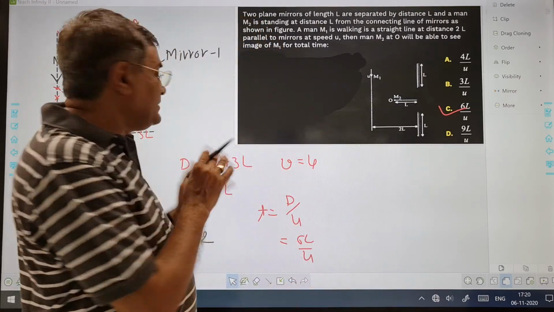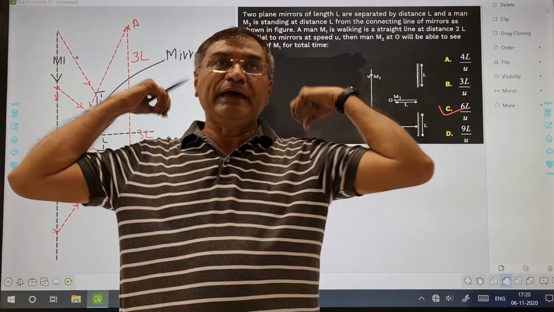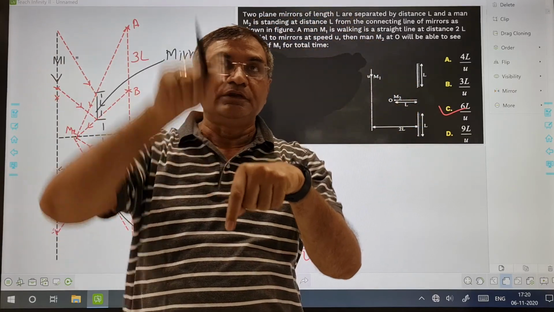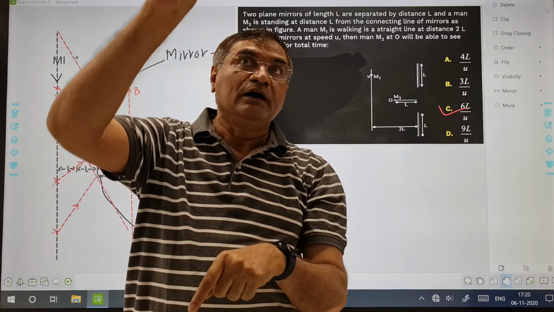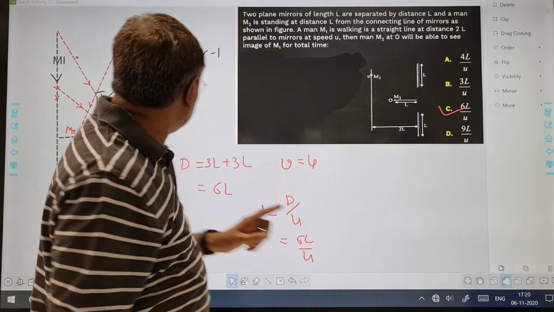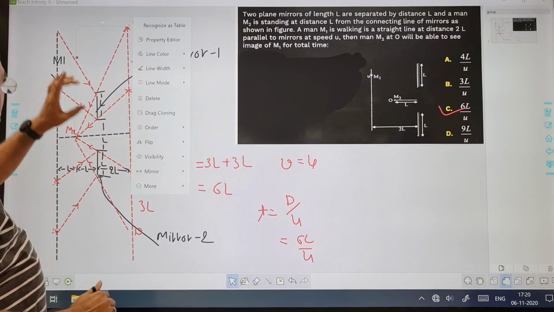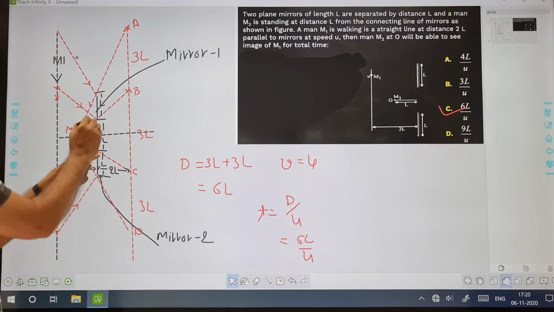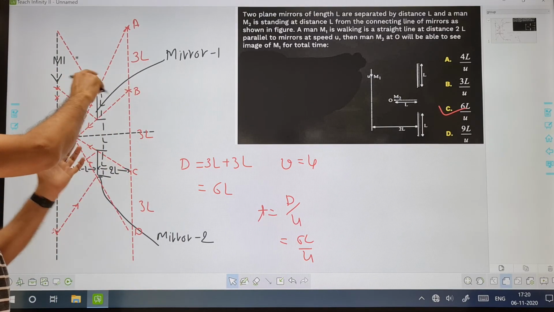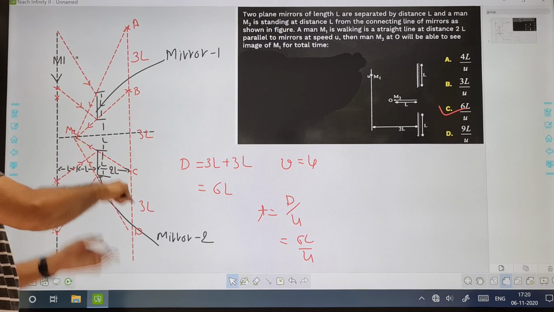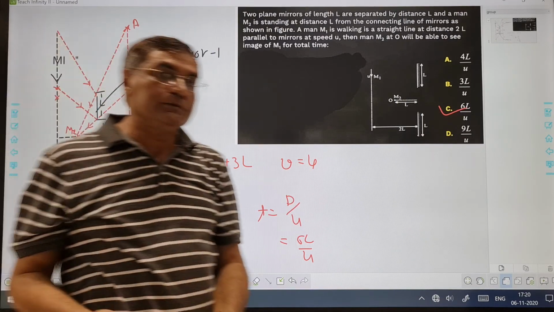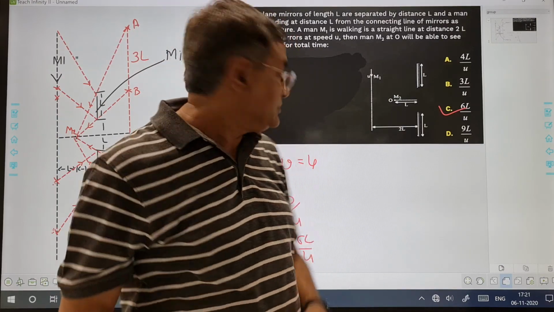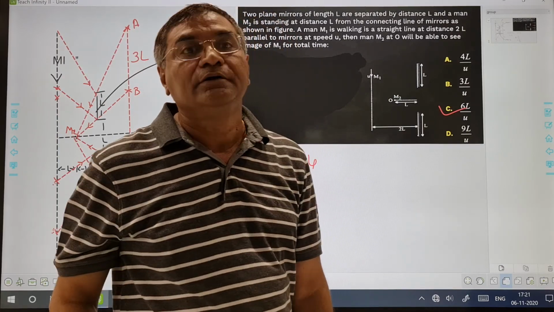So this is very similar. If you want to see the back wall, with a person standing in the middle of the room, then the size of the mirror is height divided by 3. So this is similar to that. It is the same kind of problem. Here if it is L, how much is it? 3L. Same thing: L, then this is 3L, this is L, this is 3L. So you can use that direct concept if this is not clear to you, if you remember it immediately. Otherwise this is the right method. Okay, thank you.